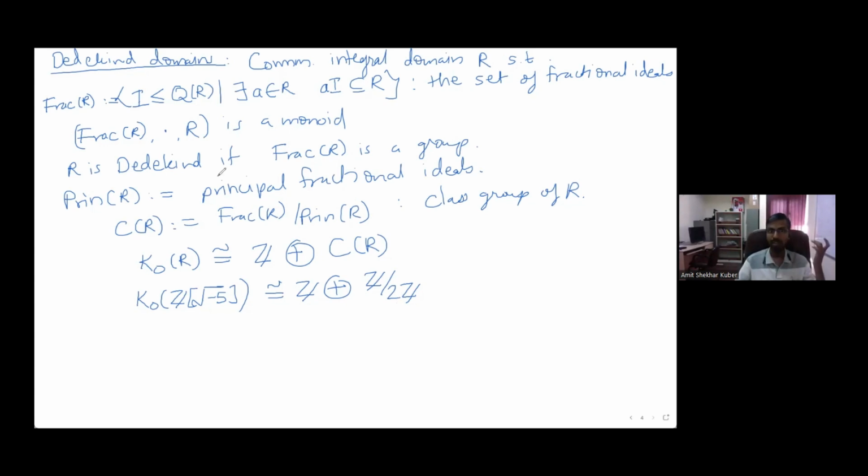So these are principal ones, but the ones which generate this class group may not be generated by one element. And in that case, the proof that I1 direct sum I2 is actually isomorphic to R direct sum